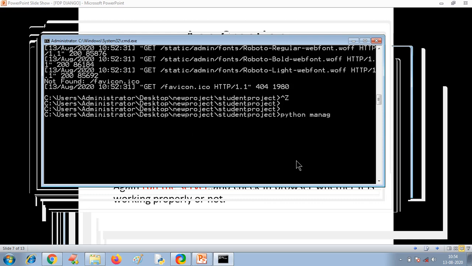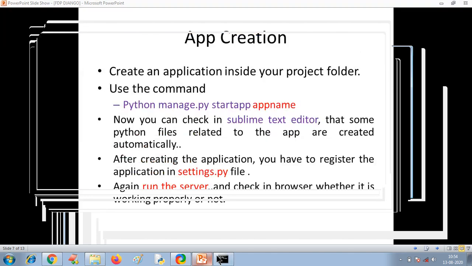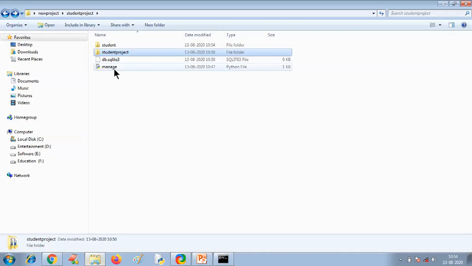You can see manage.py is here used. We are running that manage.py using the Python command. Python space manage.py startapp app name. Let's say app name is student. Enter. So command executed successfully. You can see one app is created here, student.